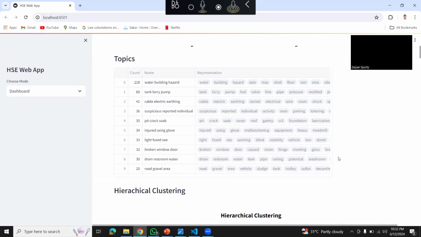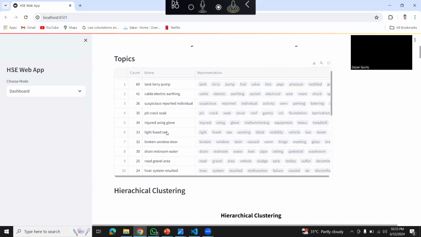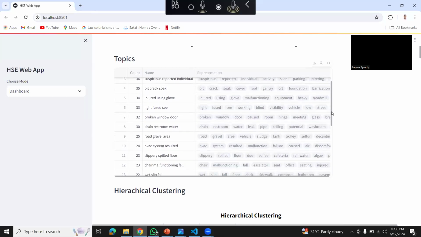These topics are different clusters of different hazardous incidents or events, where similar incidents are all in the same cluster. So this is our first table that represents all of the clusters.